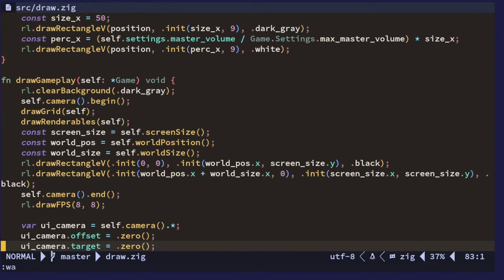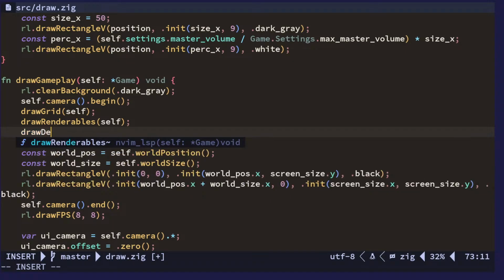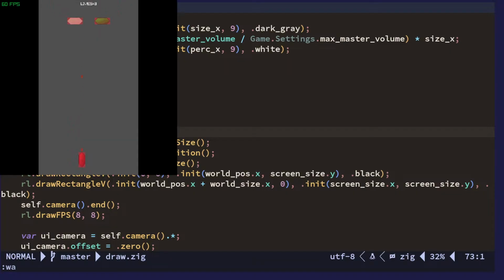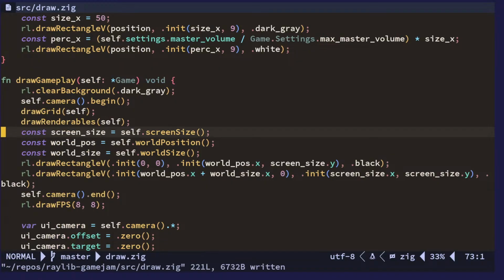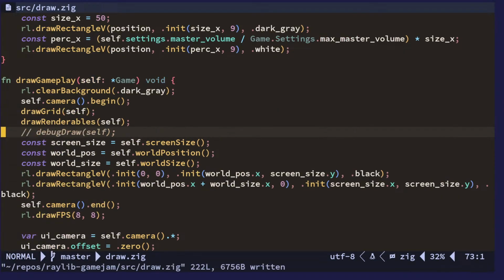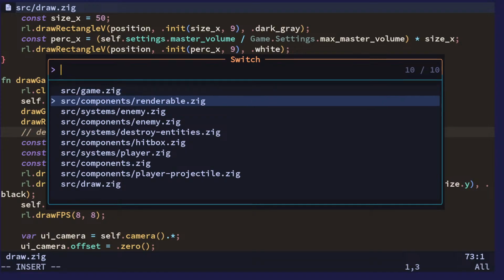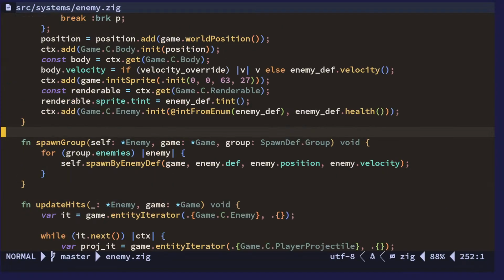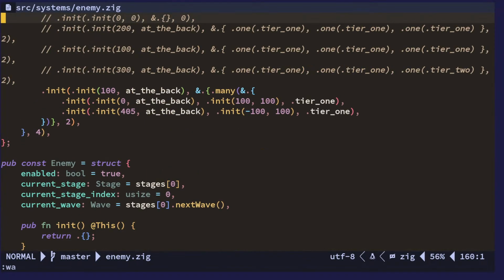And we'll draw this after the renderables. Debug draw. Okay, so now we should see all the hitboxes. Yeah, and it looks correct. Cool. Okay. Cool. Great. Now let's go back to enemy. So I'm gonna go back to this thing here,